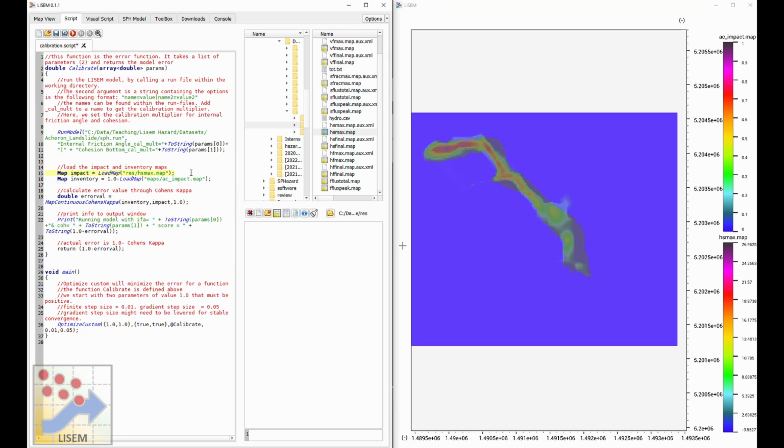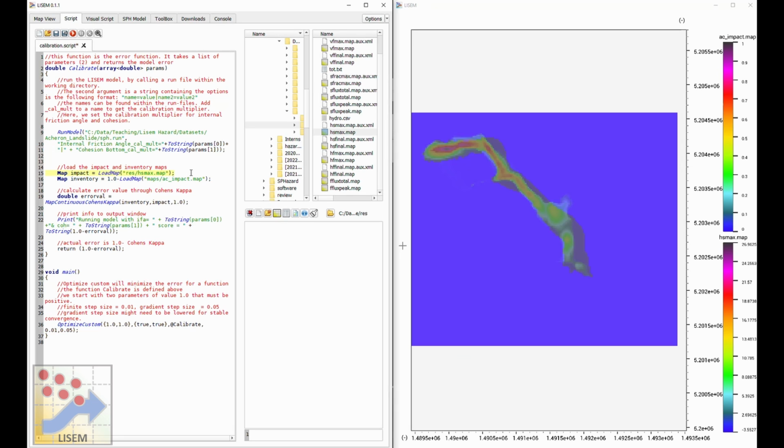So with these two maps we can actually do a comparison. Now there's many different ways to do a comparison and give a number to this. One of them is percentage accuracy, another is the Cohen's kappa, another one is Pearson correlation, area under curve, region under curve. There's many alternatives to this. For me now we use the continuous Cohen's kappa, which is an extension of the normal Cohen's kappa. And the reason we use the continuous version of it is because we need a continuous function to work with